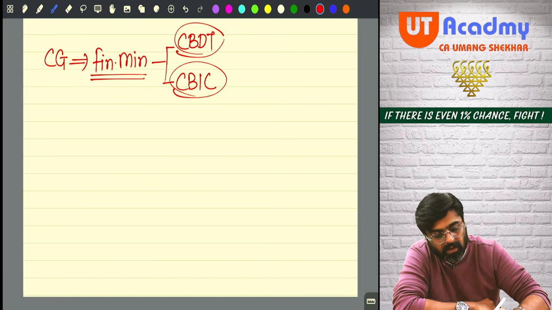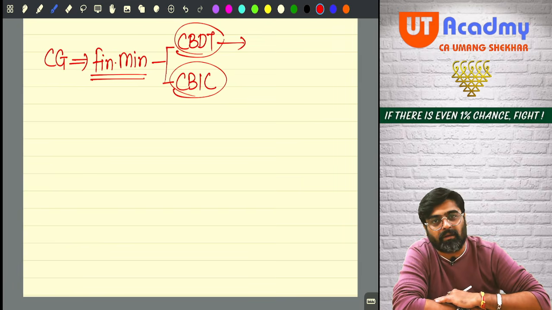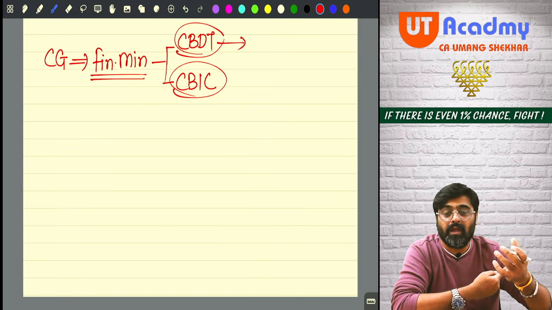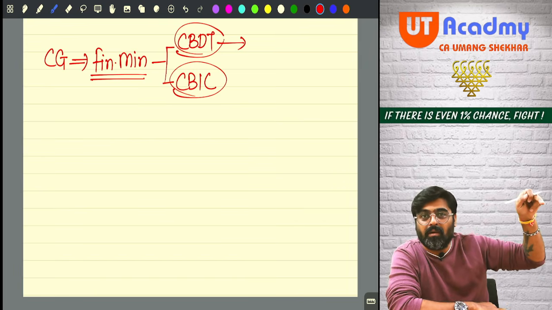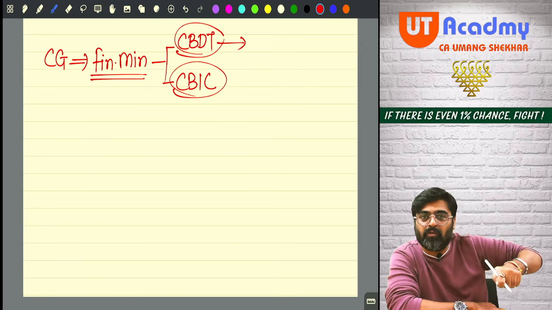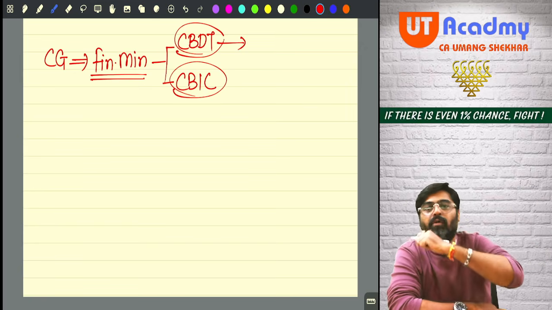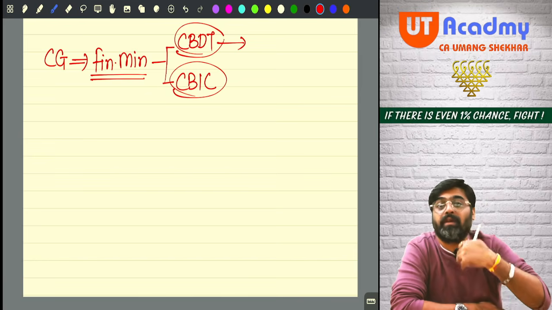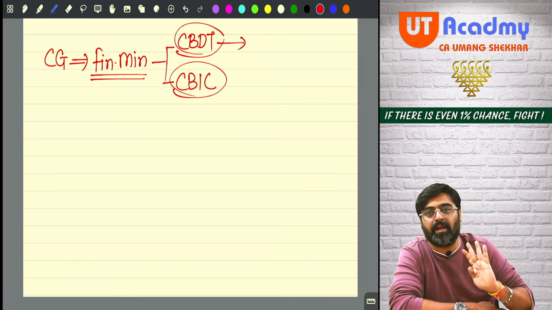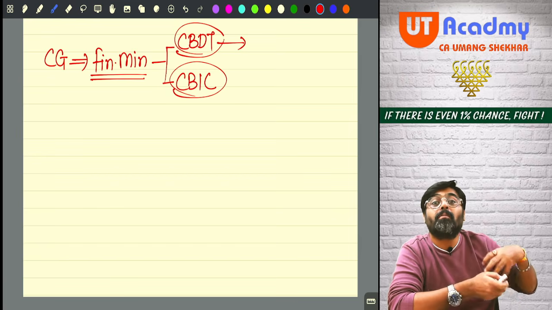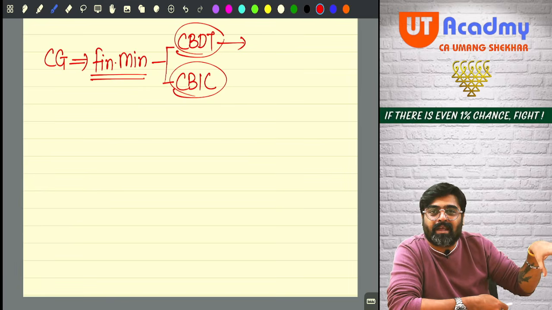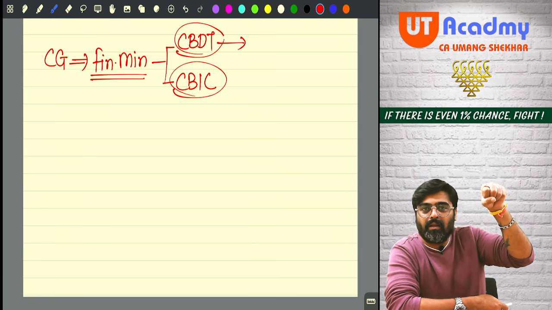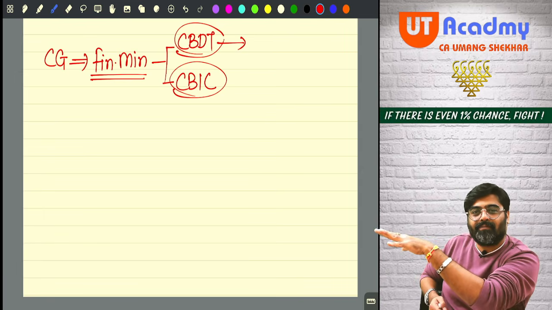That CBDT should take the Income Tax Act in its hands, read the provisions and make the people of India follow this provision and collect the taxes on behalf of us. That means CBDT is entrusted with a duty. It is the duty of the CBDT to make the people follow the Income Tax Act and collect the income tax from the people and give it to the government.